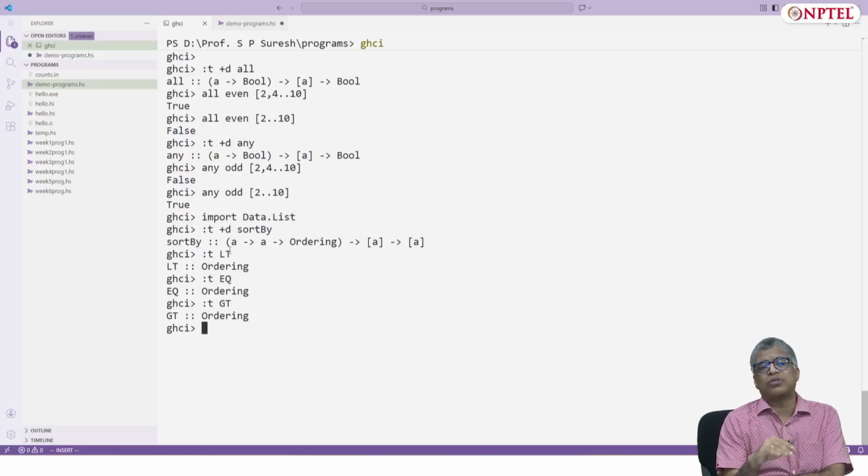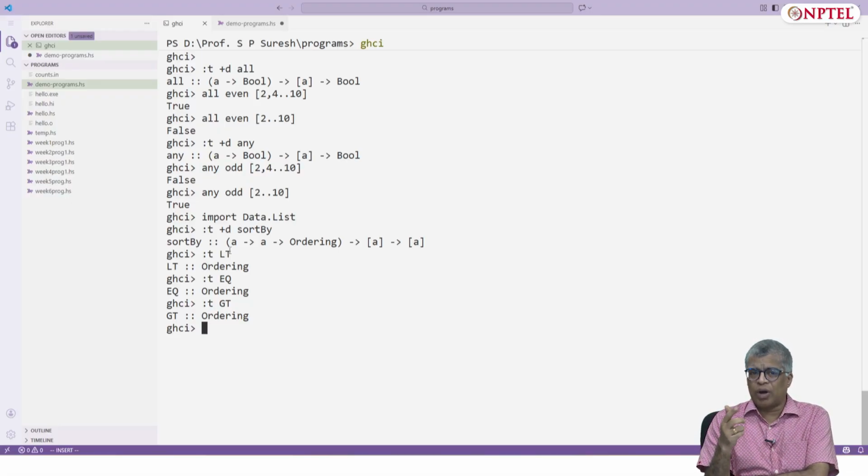Okay, there are these 3 values that belong to ordering, and sortBy uses an ordering relation on your input list to produce an output list which is sorted according to that ordering.